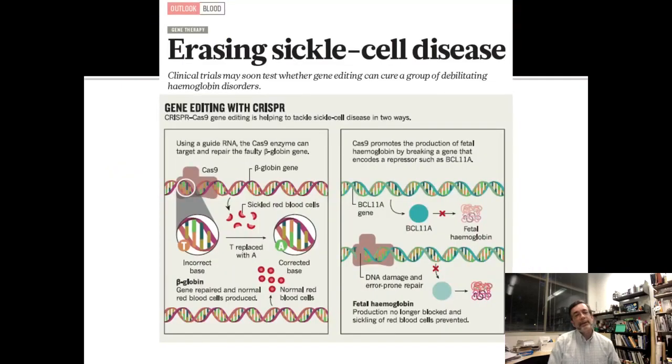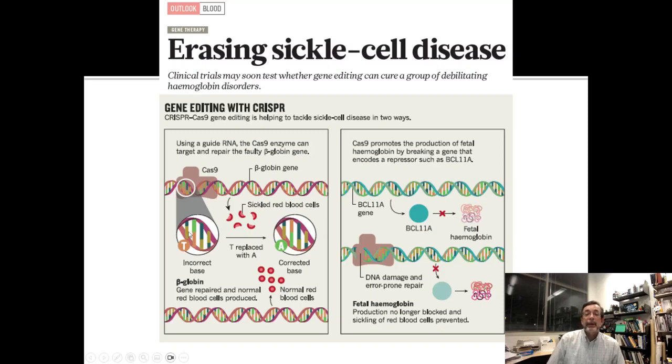So let's realize that sickle cell anemia with CRISPR, you can look into that. We don't focus on CRISPR, but you can even talk about possibly editing the mutation, the single mutation. It's actually a single nucleotide that changes a single codon that changes a single amino acid. But you have the beta globin gene here. You can replace a T with an A, and you can do that with CRISPR,